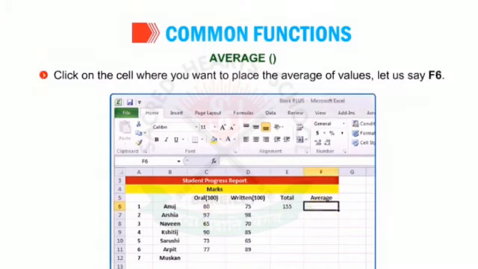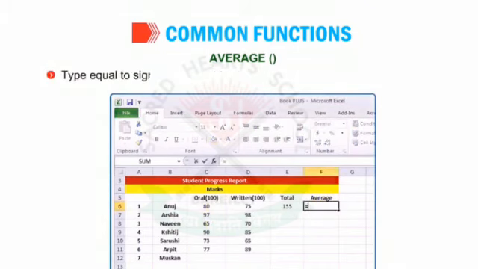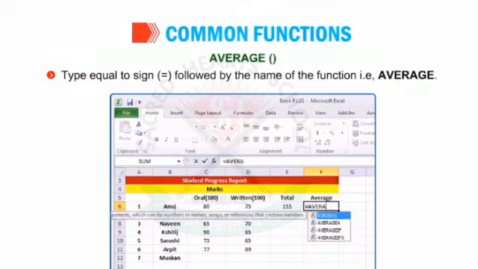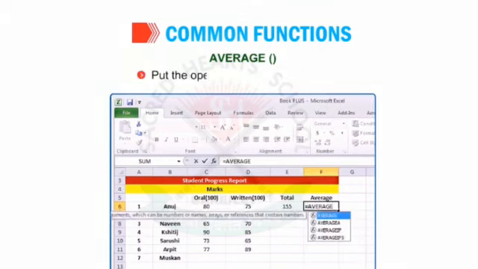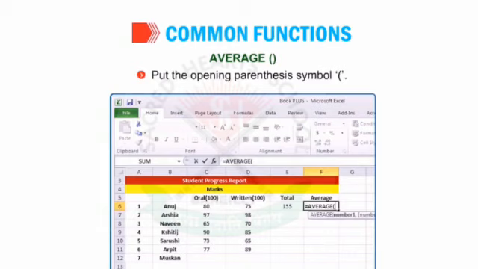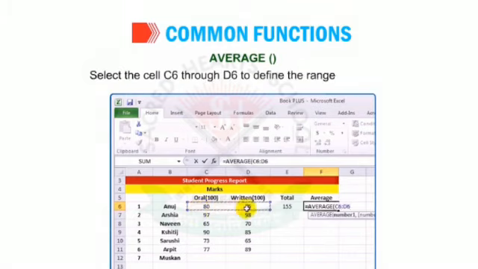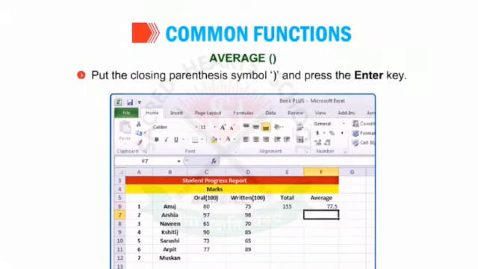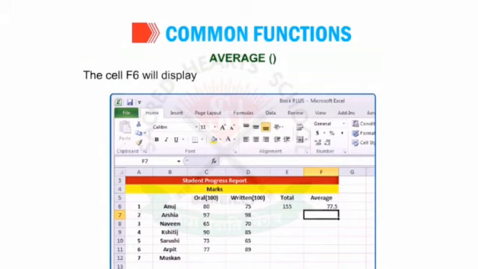Let us say F6. Type equal to sign followed by the name of the function, that is average. Put the opening parenthesis symbol. Select the cell C6 through D6 to define the range of the cells. Put the closing parenthesis symbol and press the Enter key. The cell F6 will display the average of marks obtained by Anuj.